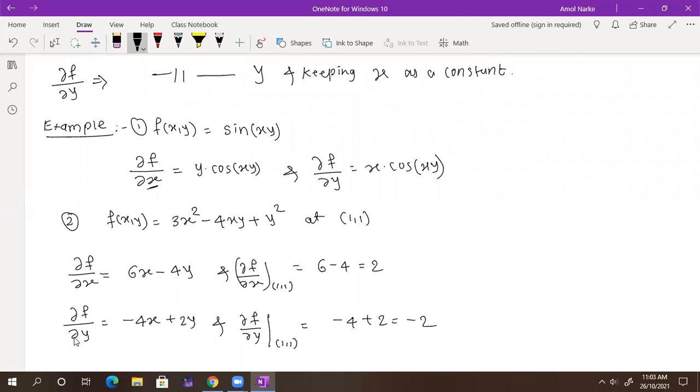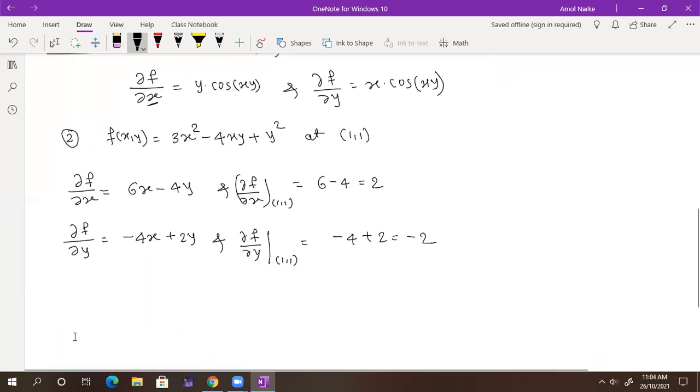It's a very simple one, but many students are in a hurry and write anything. Here, if I want to differentiate with respect to y, they write 2y. Then again they take the derivative of x also, and of y also. They write minus 4 and 6x, something like that. Please don't do such things. The definition is clean and clear, very simple: differentiation with respect to one term, you need to keep the other terms as a constant. That's it. Now we will see some notations.